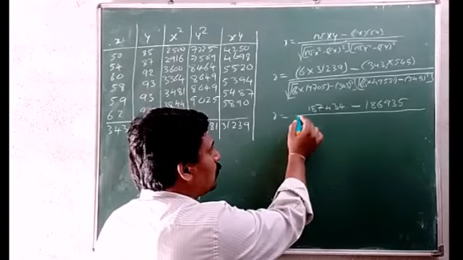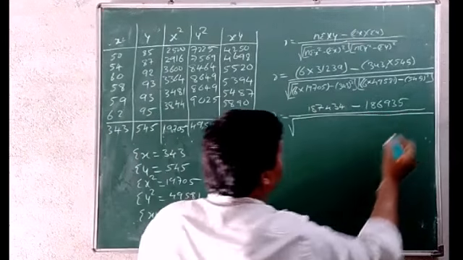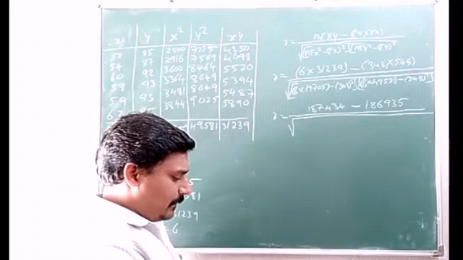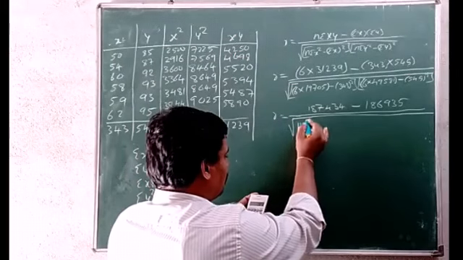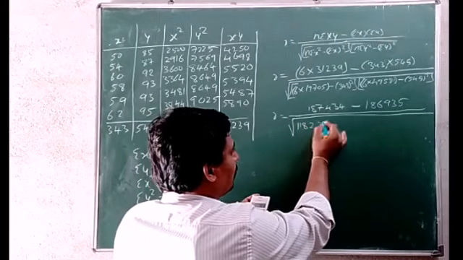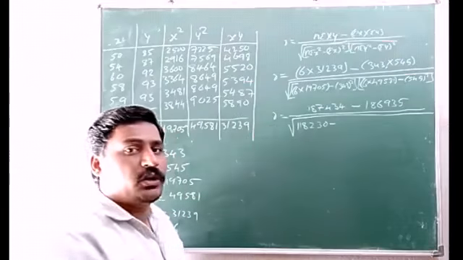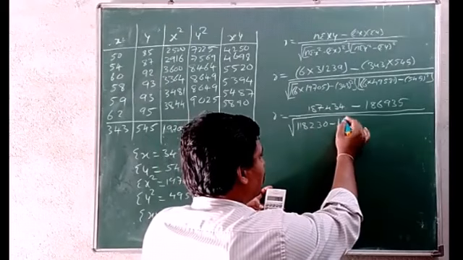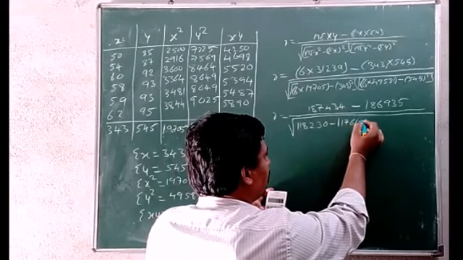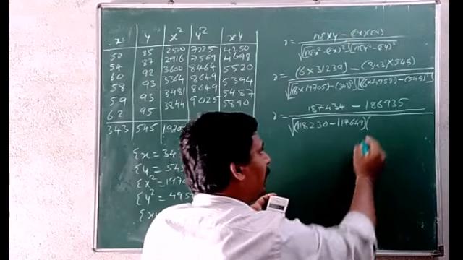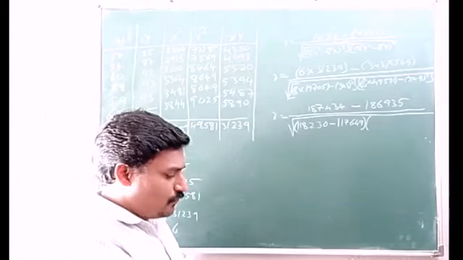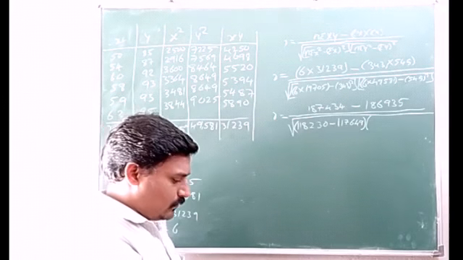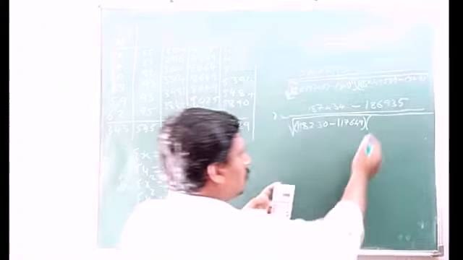divided by root of 6 into 19,705, that is 1,18,230 minus 343 square. 343 square is 1,17,649 into bracket 6 into 49,581, that is equal to